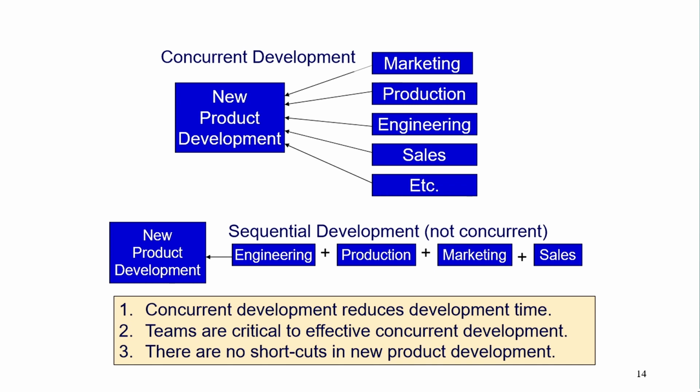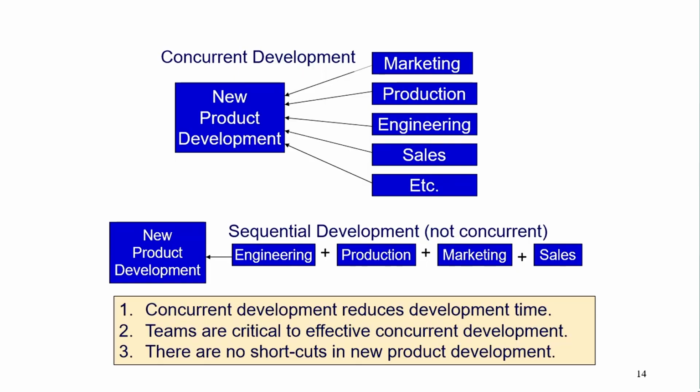In the same way, our focus is on continuously involving the marketing department, production department, the maintenance people, the engineering people, the sales people, the service people, all in the product development process. So, concurrent development and cross functional team based development now are replacing the sequential development process, which used to be